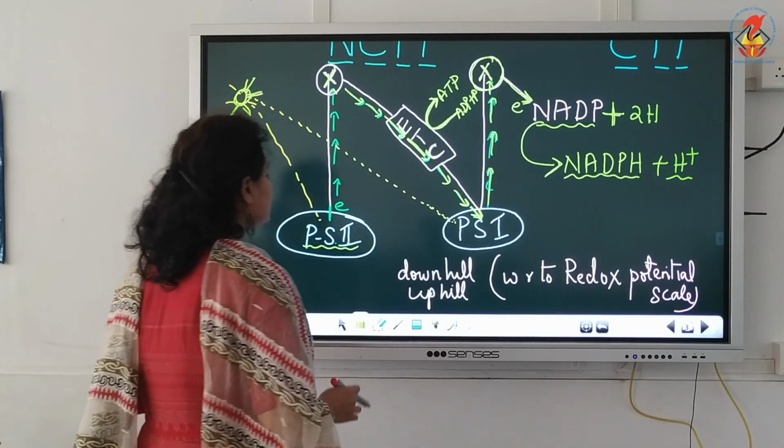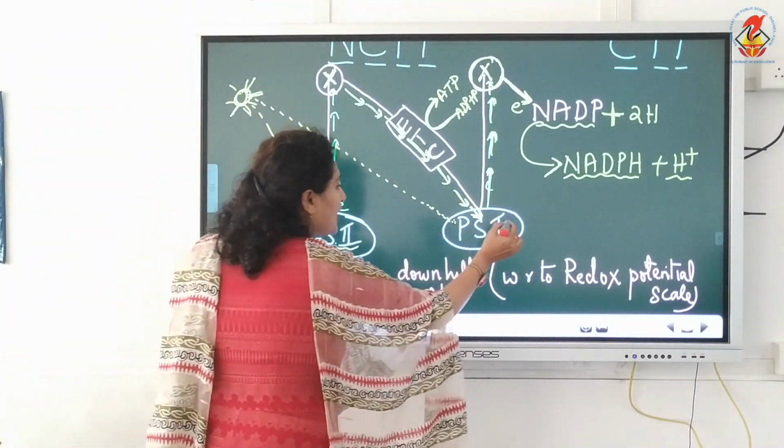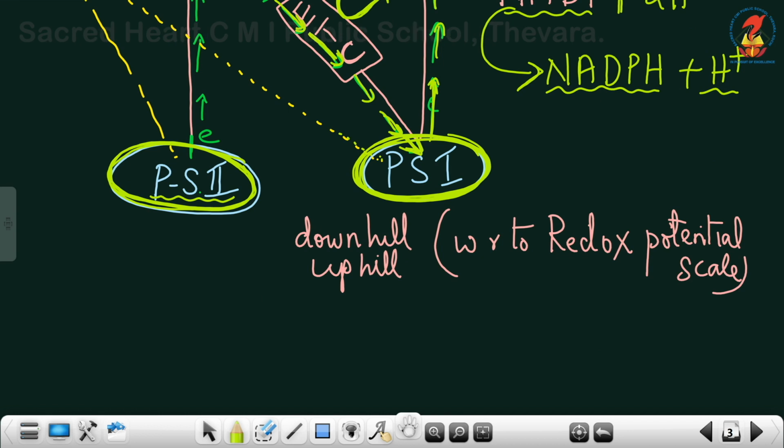Now we can analyze the products. No, before that it's not complete. I told you how this photosystem that has lost its electron has been compensated. Compensation has taken place here. The electron that was lost from here is replaced by the electron from photosystem 2. But the electron lost from photosystem 2 should also be replaced. How is it replaced? A very important event,